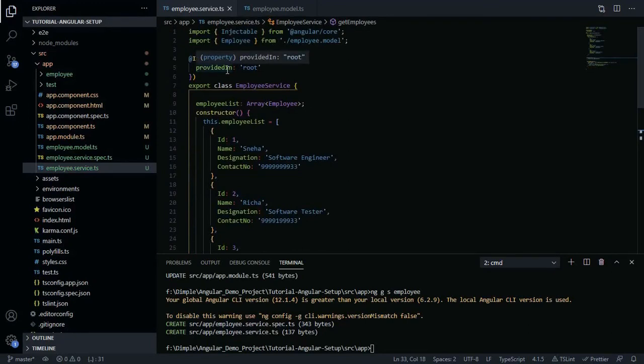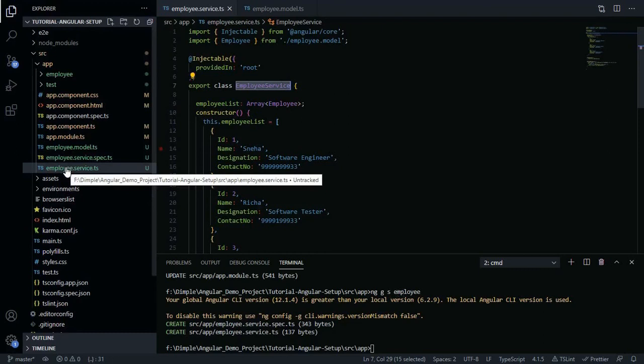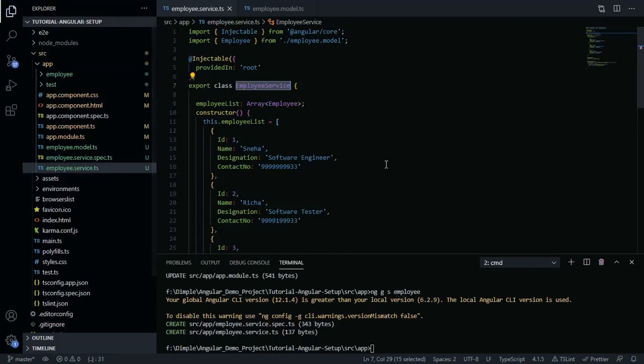I'll again repeat what we have done in the employee service. We created one employee service using the command ng g s for generate service, and employee. As I said, the naming convention of a service is the service name, which is employee.service.ts. So this service has been created.